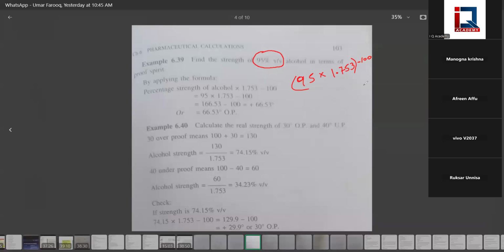Okay. So now the question is, sir, on what basis we are multiplying this with 1.753? How are you calculating it? See, you should remember one thing. 57.1 volumes of ethyl alcohol is generally equal to 100 volumes of proof spirit in Indian law. 57.1%